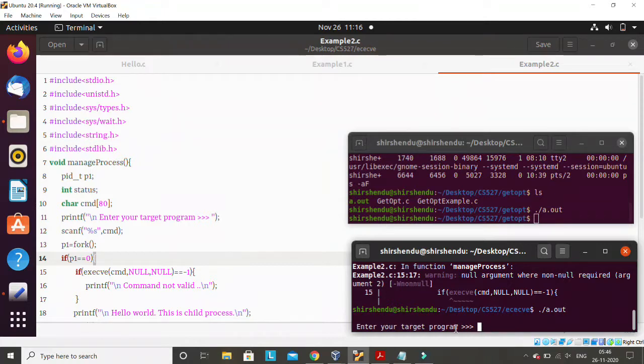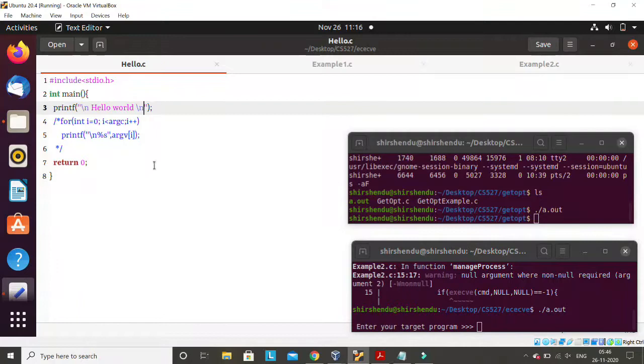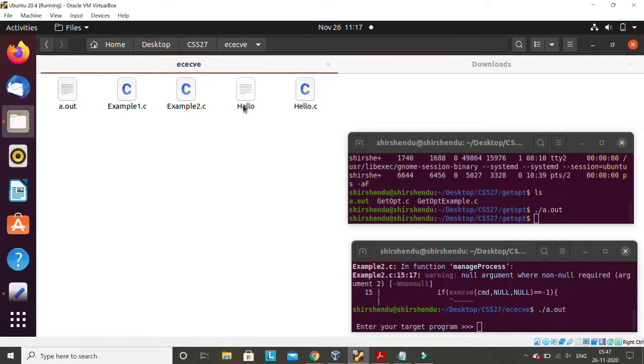So now here I'll write the name of this program. You cannot just give the file name of this program. What you actually need to give is the executable file of this hello. That is already created in the folder. If we go to the folder, you can see hello is already created. We have already compiled hello.c and created the executable file hello. So we'll give hello as a parameter here. If I give hello as a parameter, then the child process will start executing hello.